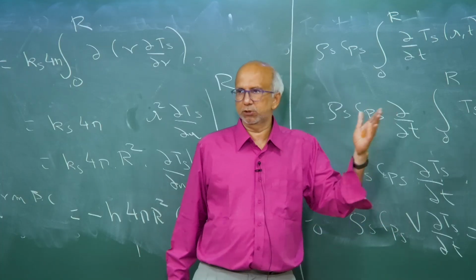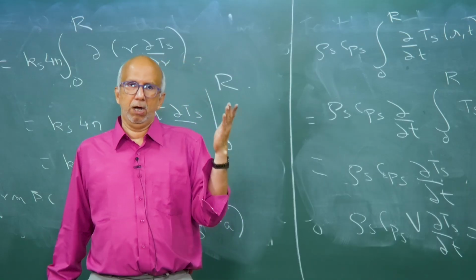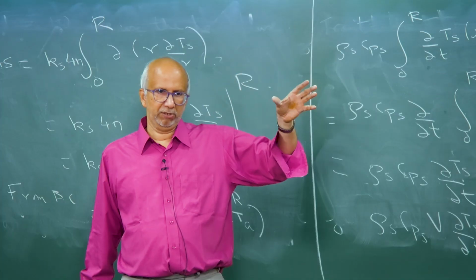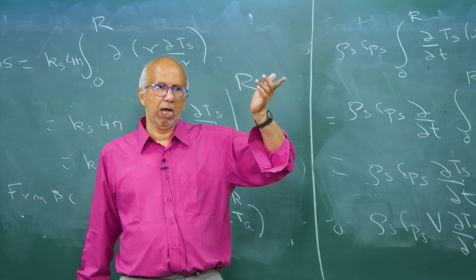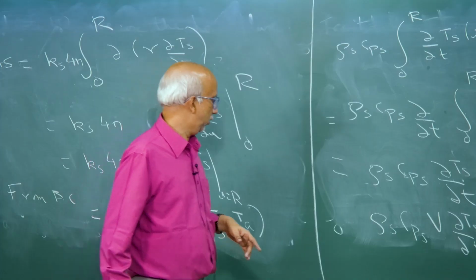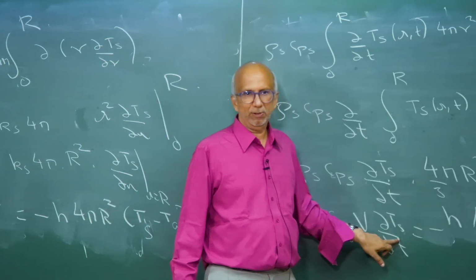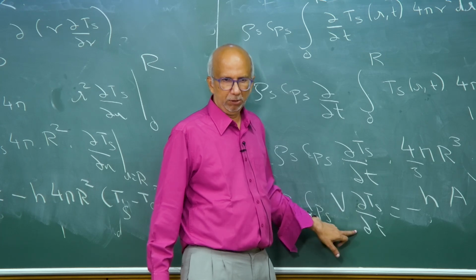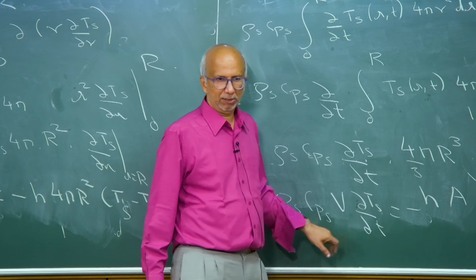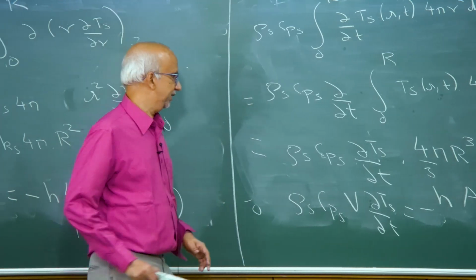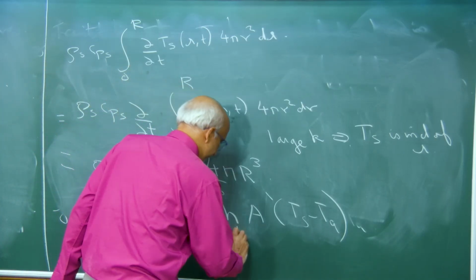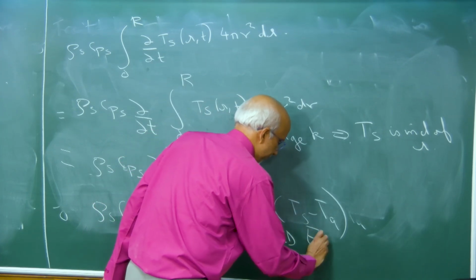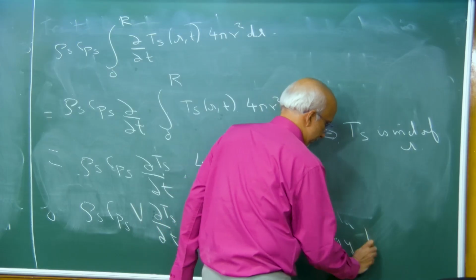So, basically I wanted to show the transition, how from the partial differential equation where you have temperature as a function of R and t, I have now got an equation which depends only on t, and because now this depends only on t, I should use a total derivative, not a partial derivative, okay. So, you should keep that in mind because now it depends only on time. So, this is my lumped energy balance,